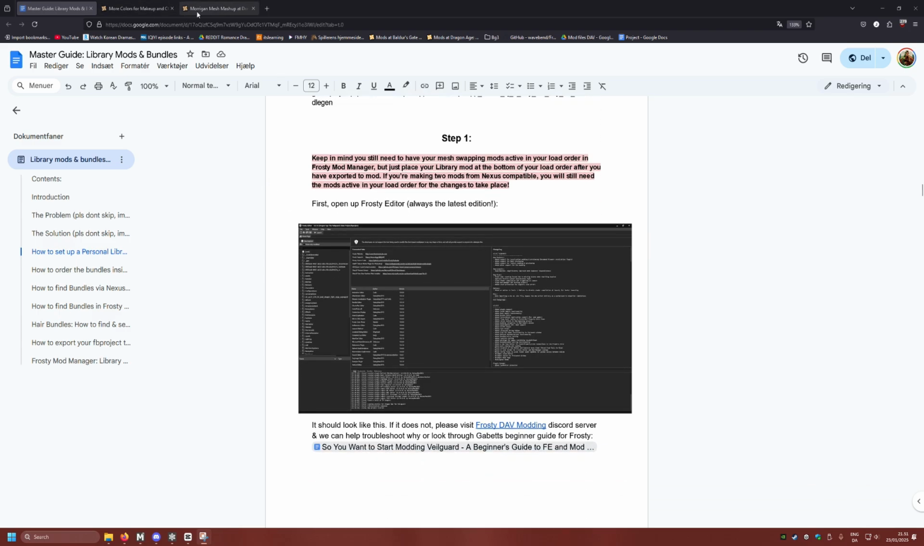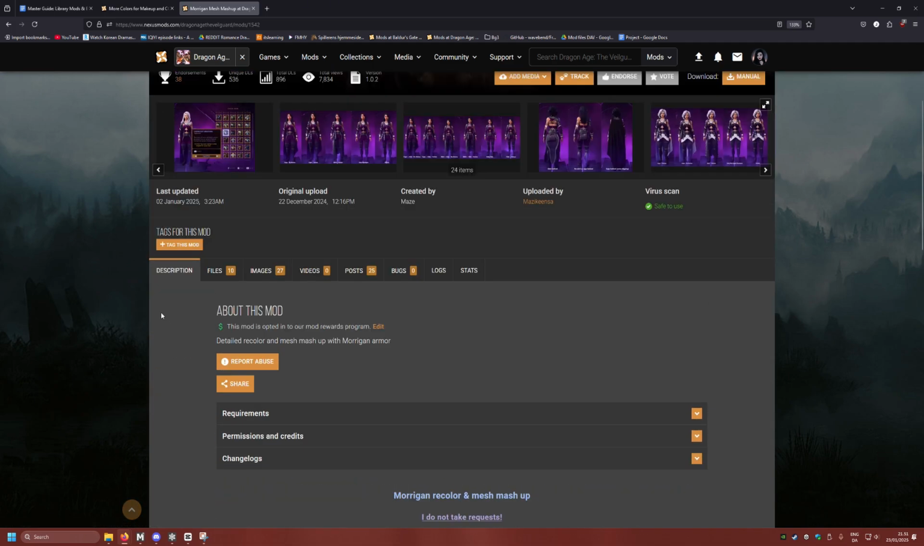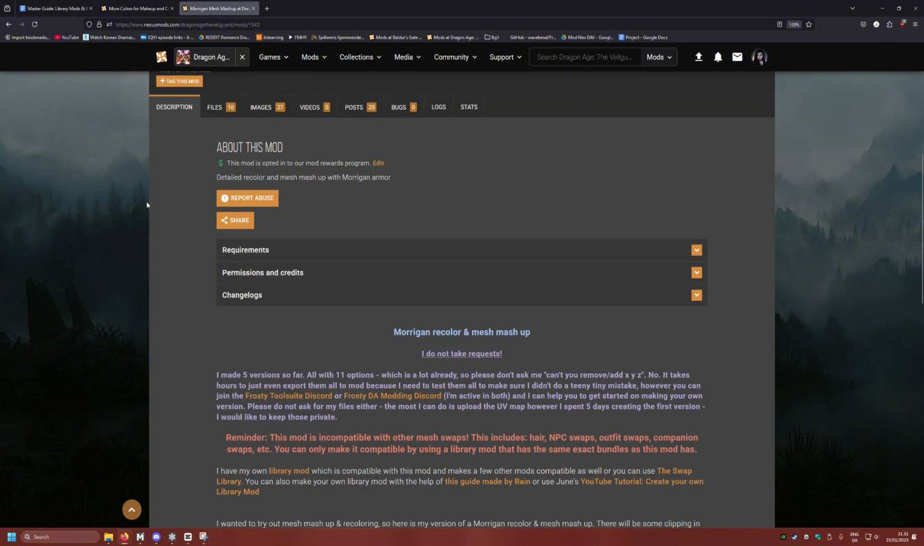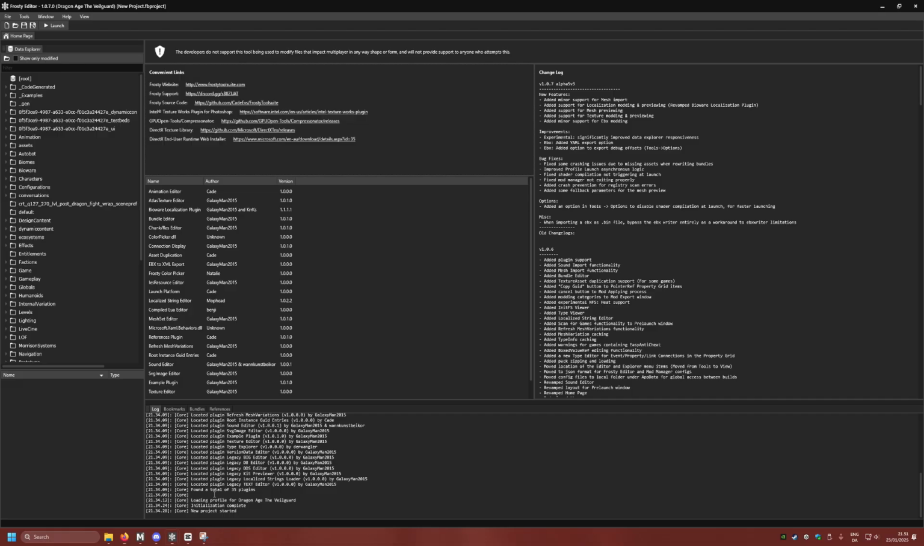Okay, so first step is that you're gonna find the mod that you want to use. I have my own Mark and Mesh Mashup that I'm gonna be using for this. Make sure you download it, put it into the Frosty Mod Manager, etc. But for this, download Frosty Editor, and I hope you have set it up. If not, pause and go read Gabbett's guide and set it up, and then come back to it. I'm just gonna go straight into it and assume that you have set it up correctly. Okay, so you will see this,